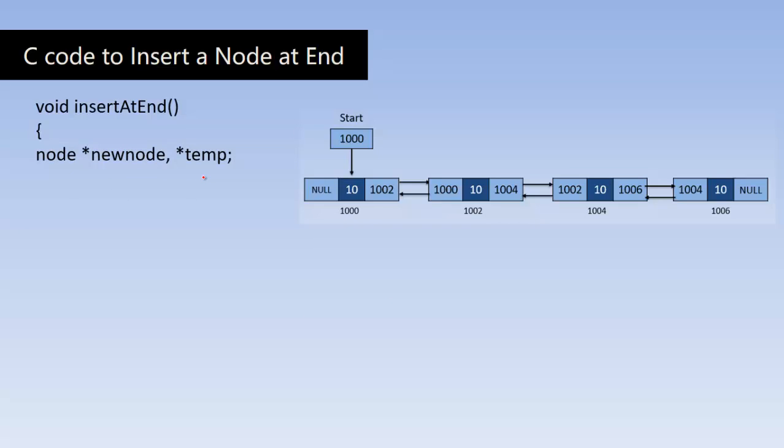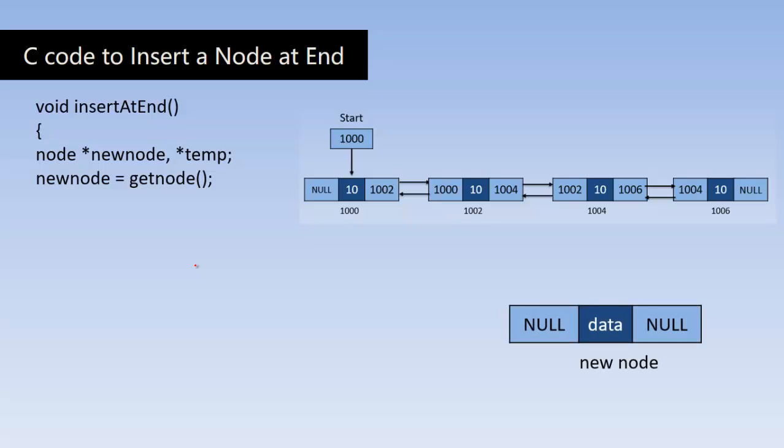One is new node, another one is temp, and I'll use the getNode function to create a new node. Yes, and this has been created now, and it has returned this node. I want to insert it at the end of the list. Okay, if start equals null, I'll simply make start point to this node. Yes, whenever start is null. Otherwise,